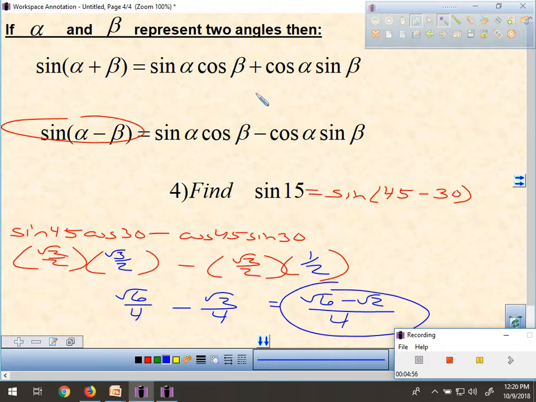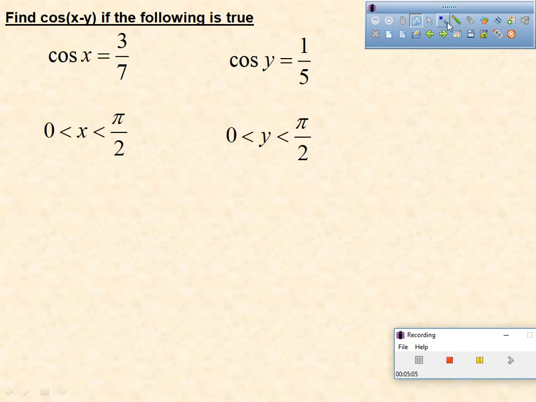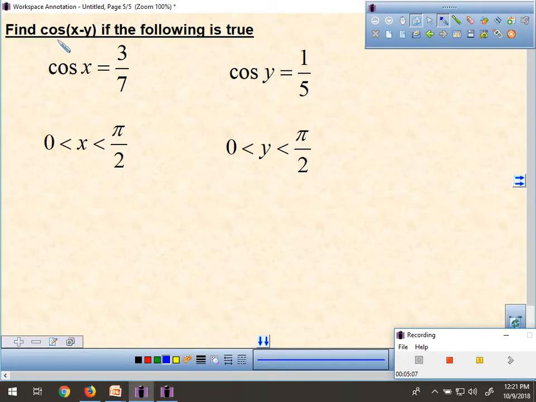answer for that. If you notice with those four problems, you're probably thinking, oh, well, they're always going to be the same numbers. Well, that's not true. For example, I might give you a problem that looks like this. It says, find cosine of x minus y. If I tell you that cosine of x is 3 over 7, and my angle x is between 0 and